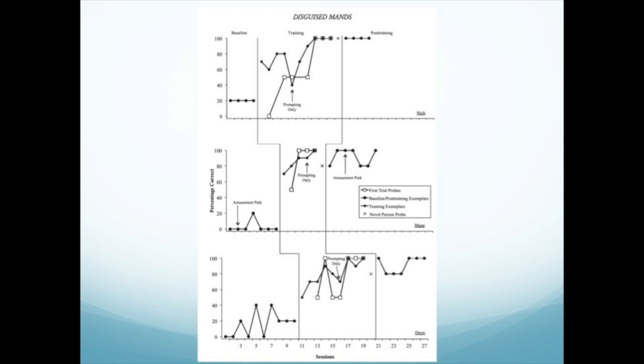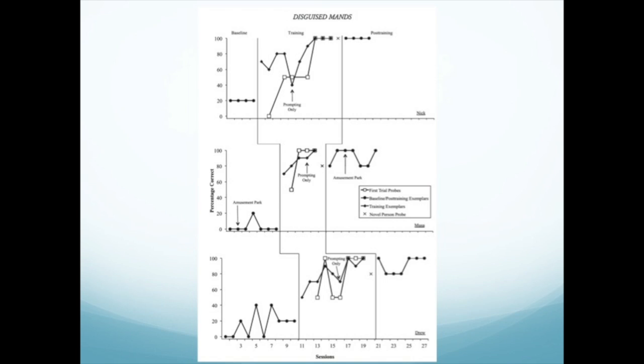Musa responded correctly during 0% of trials in 6 of 7 baseline sessions, including one conducted at an amusement park. During training, there was an immediate increase in correct responding to training exemplars and first trial generalization probes. Although deprivation from food and touch were not targeted in intervention, Musa responded to these MOs with 100% accuracy during post-training. The mastery criterion was met in 5 sessions after 6 exemplars were trained. During the novel person probe and post-training sessions, Musa responded with 80% or greater accuracy, including while at an amusement